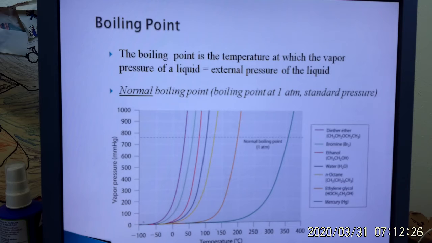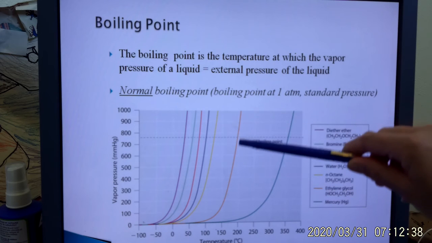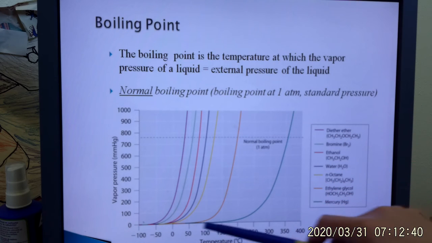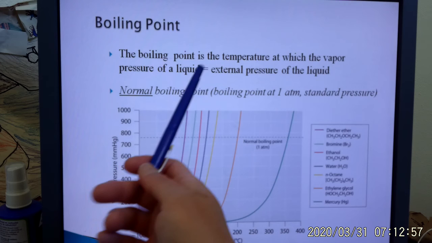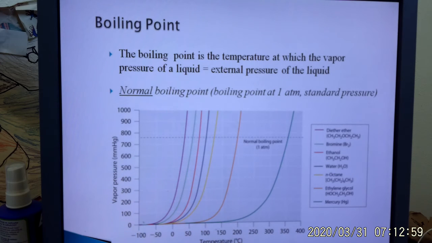So if you wanted to boil a liquid, but you're worried that it's sensitive to high temperatures, by putting it in a vacuum situation, we can decrease our boiling point so we can easily remove a liquid from a solution based on a much lower boiling point and not have to worry about decomposition at high temperatures. So that's one way we actually use the fact that the boiling point is the temperature at which the vapor pressure of the liquid has to be equal to the external pressure.